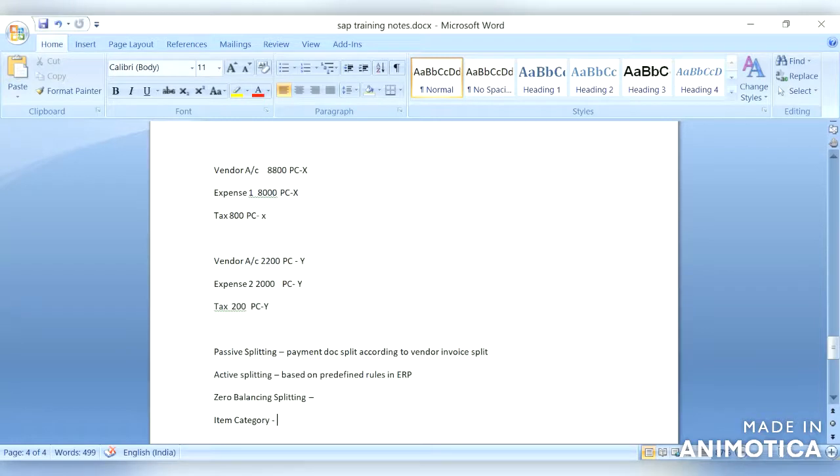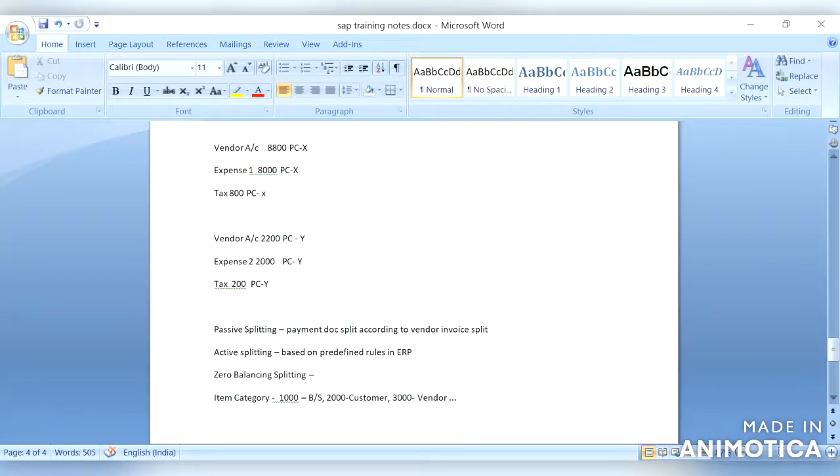Just to name a few, like 1000 is for balance sheet account and 2000 for customer and 3000 for vendor and so on. So like this, the item category is assigned to each and every GL account.